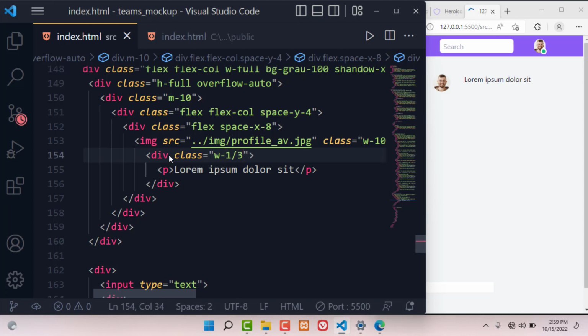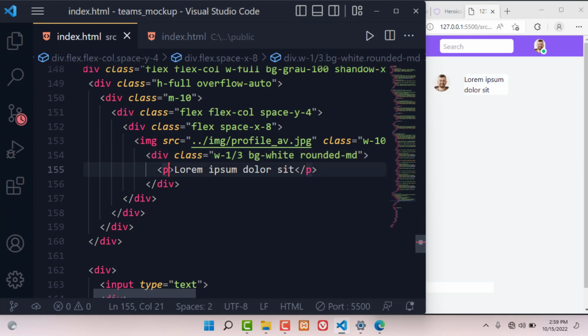Like that, and the background color should be white, and I also want it to be rounded medium. Okay, so we have it like that. Now we can style the specific div or the specific paragraph here. So again we can talk of a class